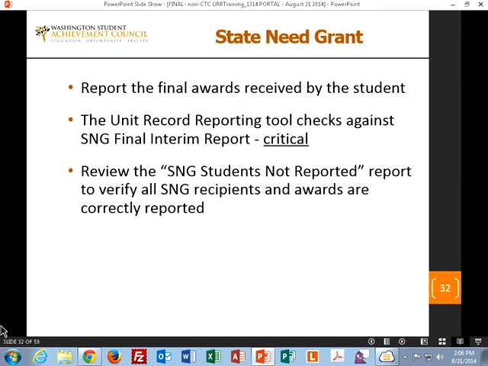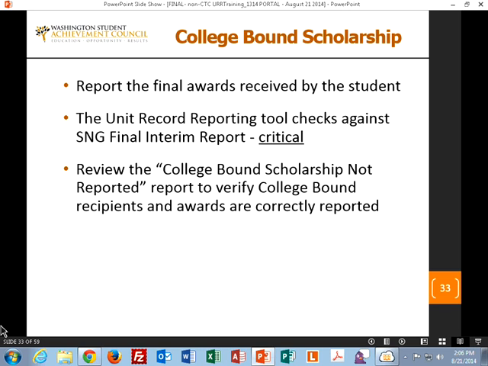There could be some exceptions, and you do have a place in the report to be able to show why they may not be the same, and then we would review that and get back to you if there are any questions on that. And there will be a state need grant students not reported section to verify state need grant recipients and awards that are correctly reported. College bound is basically the same thing.